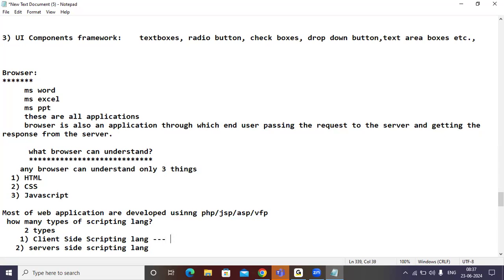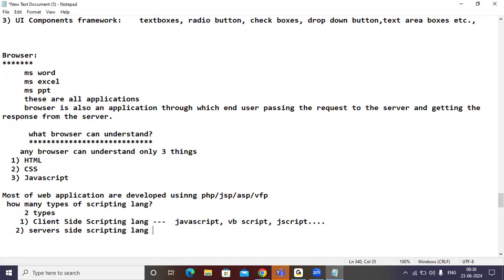Client side scripting languages are what? Can anyone tell, please? JavaScript, VB script, JScript. These are all examples of what? Client-side scripting languages. Can anyone tell me the examples of server-side scripting languages?